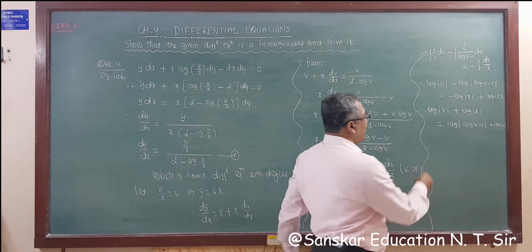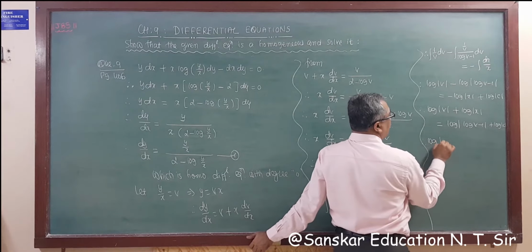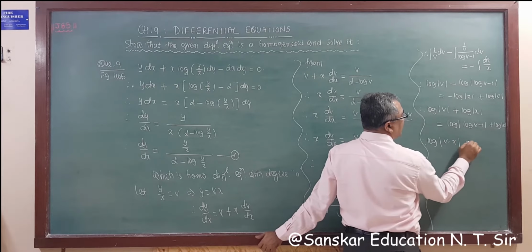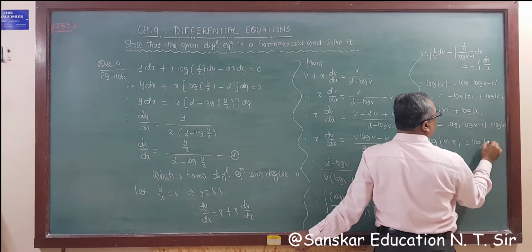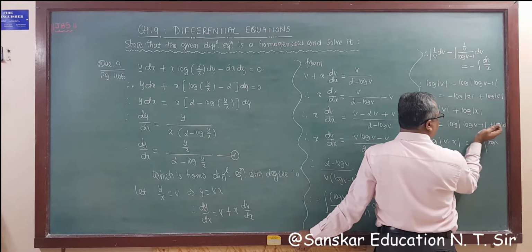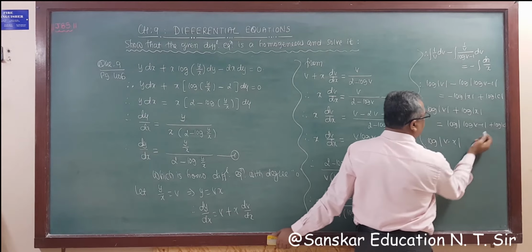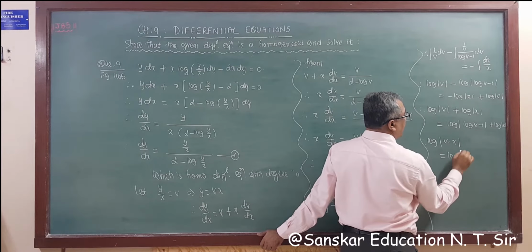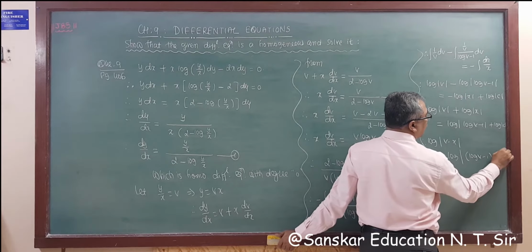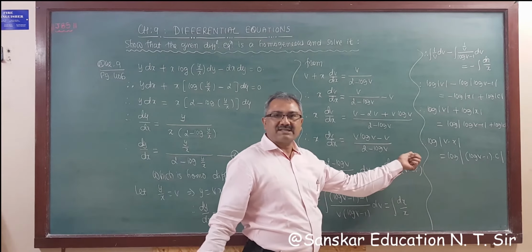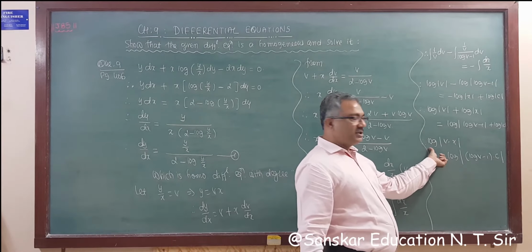So this is log vx, so we get log of v into x is equal to, this is log a plus log b, so again log mod (log v minus 1) into c, but log is a one-one function, so removing the log function and substituting